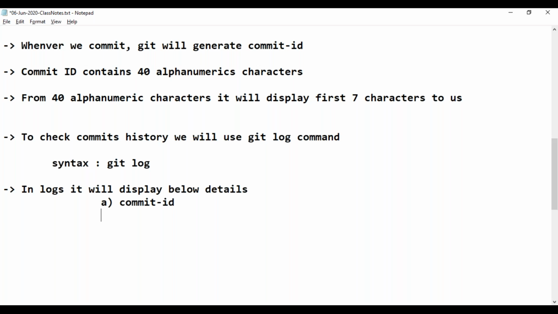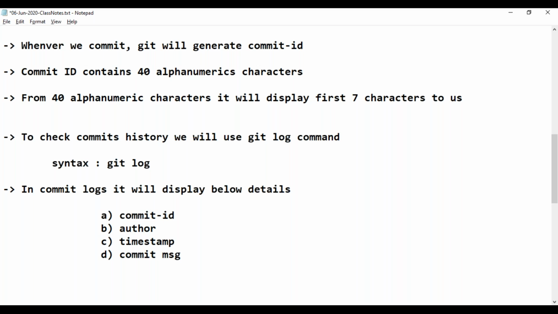Commit ID, author, that means who committed, timestamp, when that commit happened, and next, the commit message. All these details will be displayed in the commit logs.